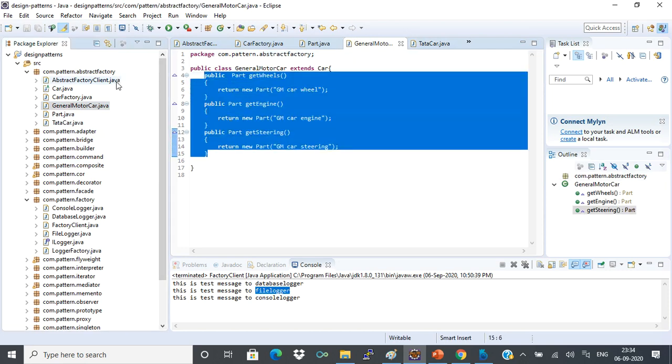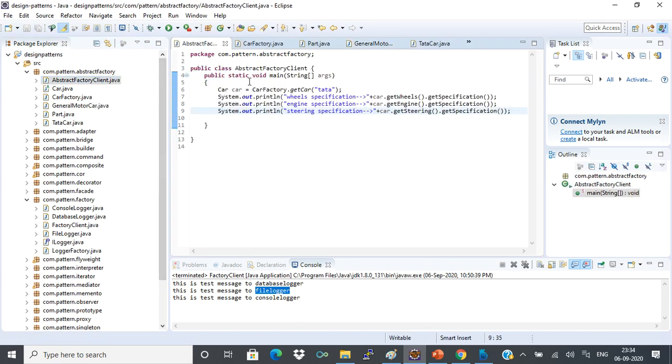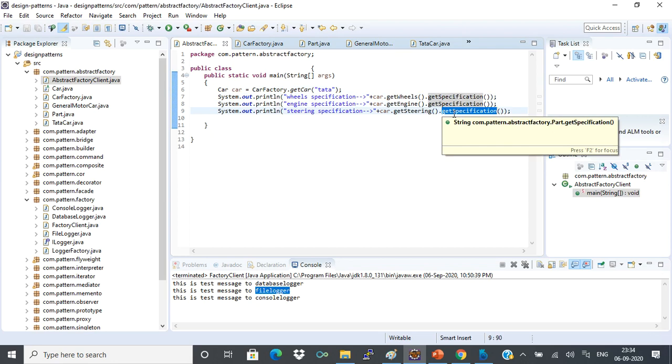When I write the abstract factory client class, it calls CarFactory.getCar of Tata, which produces a Tata car. From the Tata car, I call getWheels.getSpecification, then getEngine.getSpecification, and getSteering.getSpecification. So I have an abstract factory; from the abstract factory I'm creating a factory class, and from the factory class I'm creating the objects.